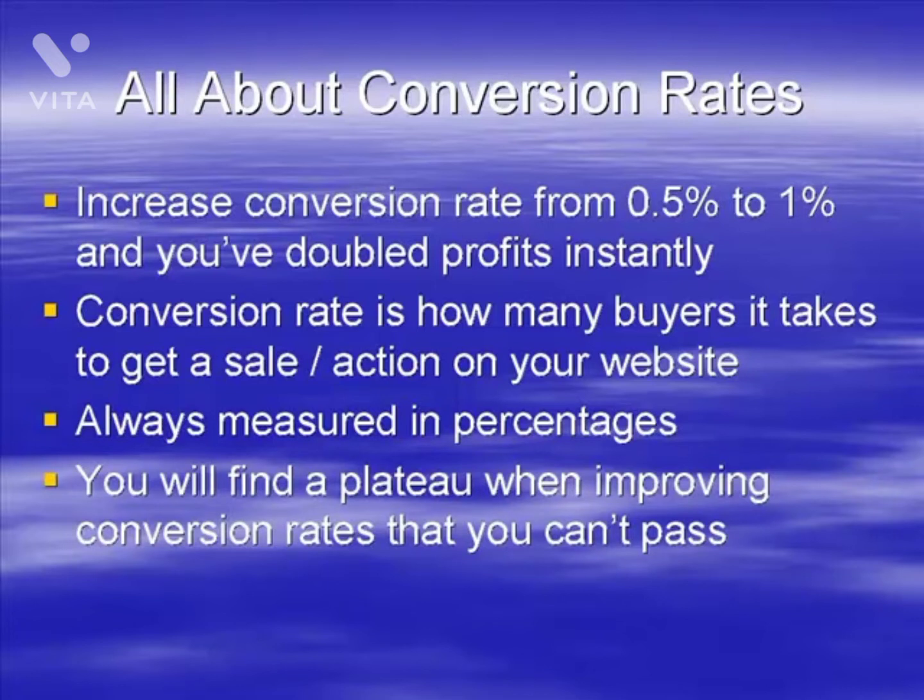What you will find is what we call a plateau. It's a point basically where you can't improve your conversion rate anymore. You can work and get it so high, but you can only ever get so high. You will never ever get 100%. And to be honest with internet marketing, depending on what you're doing with some CPA offers and AdSense, you may get click-through rates, conversion rates as high as 20 or 30%, but you're not going to get a massive number. Don't aim for 100. You're not going to get there. Get it up to a point where it's doing well and you can't improve it anymore, and just leave it there.